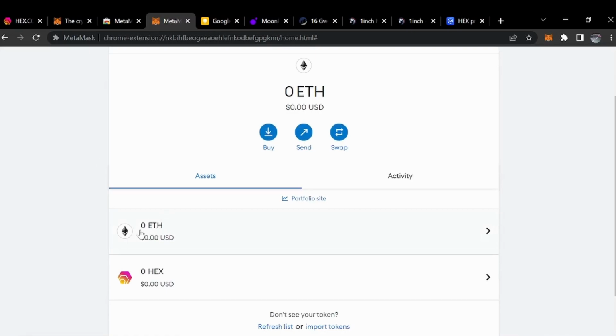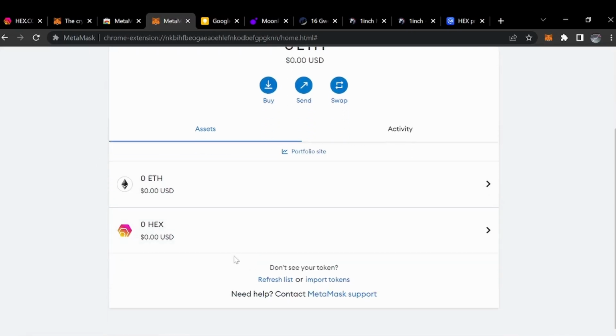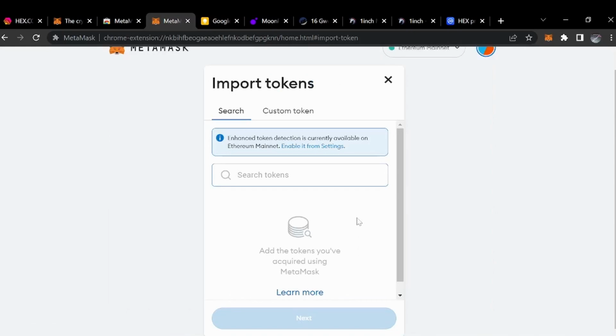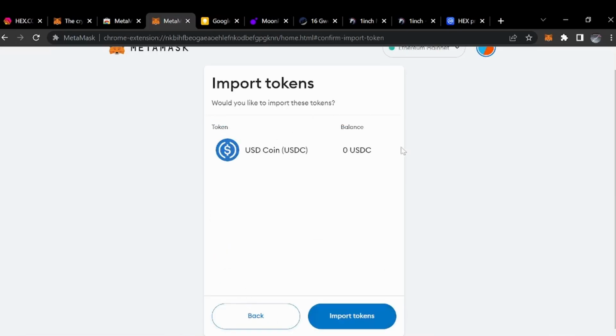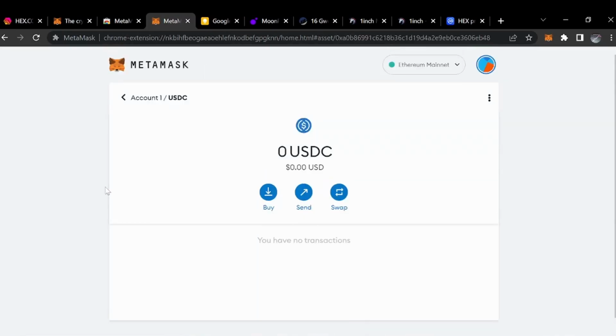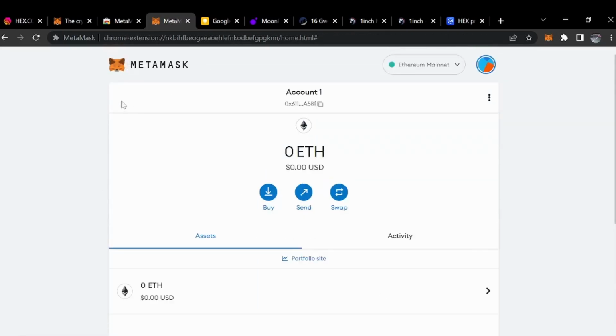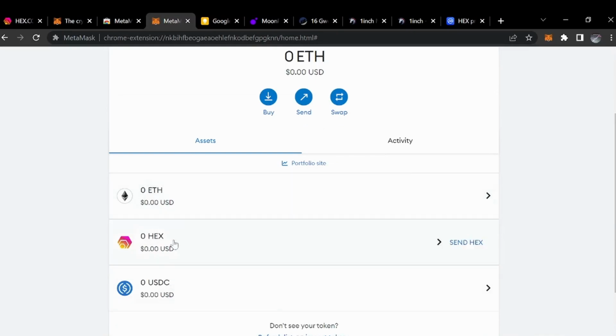Now you can see there you've got ETH, and now you've got Hex. So I'll just show you again how easy it is to add a token. So let's say USD. So this is sort of a stable coin that most people use. So let's add that on there. And you can see now, all of a sudden I've got 3 cryptocurrencies in my wallet that I could be